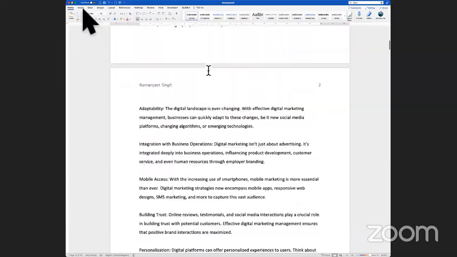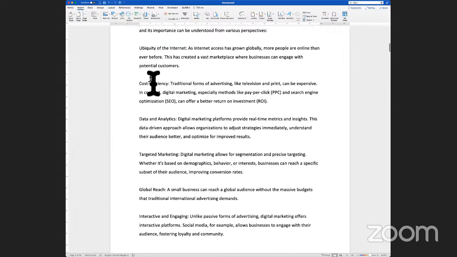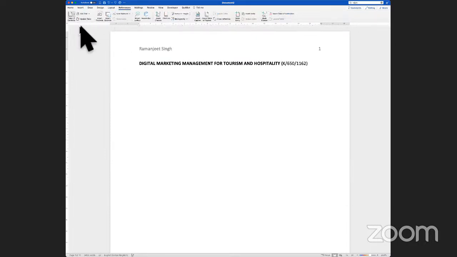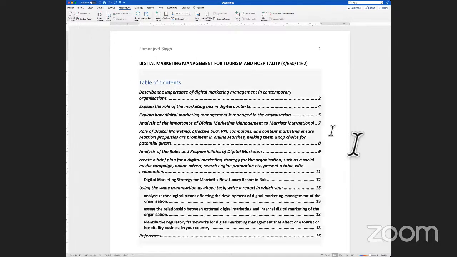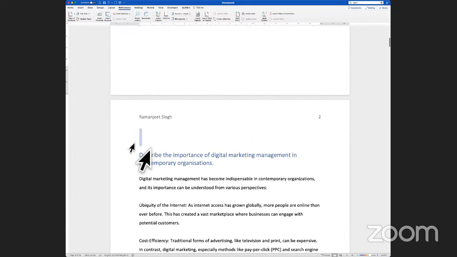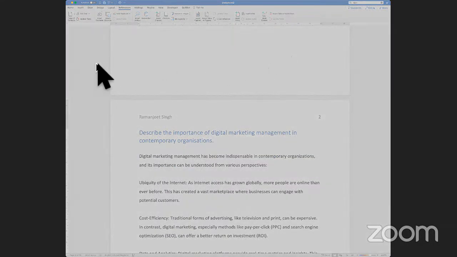So now, drawing up a quick table of contents, and what I would do is we'll get into the discussion of the assignment. So this gives us a very clear idea in terms of what you have produced as a work. And if I save this now as a draft, which I will share with you after this particular session.